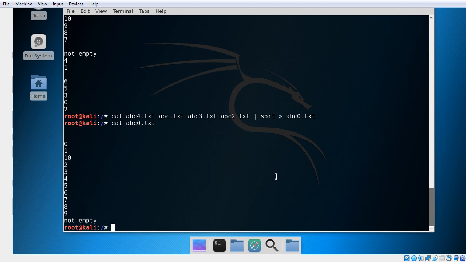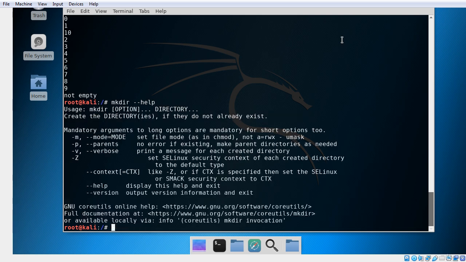Let's move on. Okay, it's the mkdir command. There you go. So this is to create a directory or a folder or a subdirectory. I can't really create a directory with this. You can only create subdirectories and folders. Okay, so